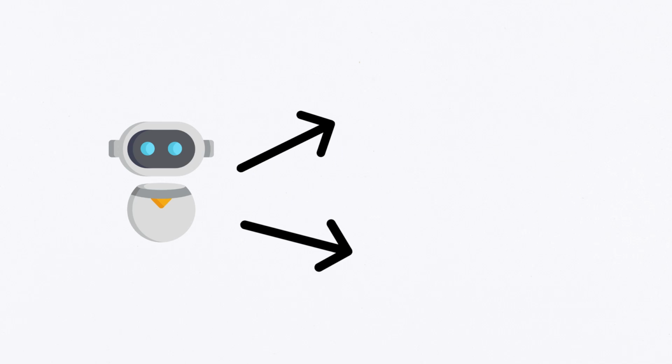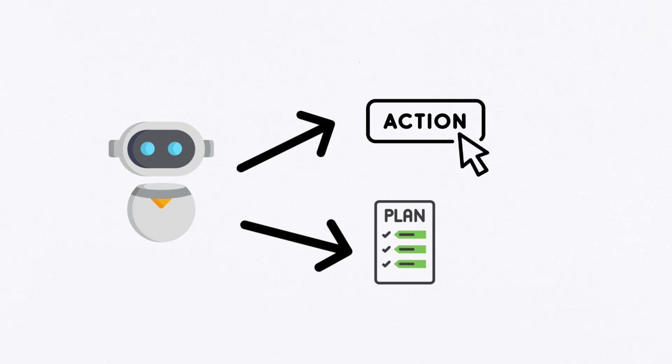There are mainly two categories of agents: action agents and plan-and-execute agents. Action agents determine a course of action and carry it out one by one. Moreover, they can take and manage data from various sources, such as databases, APIs, and in this particular scenario,